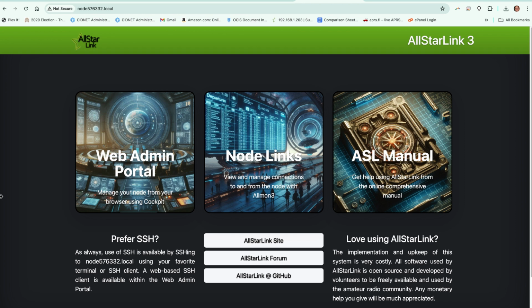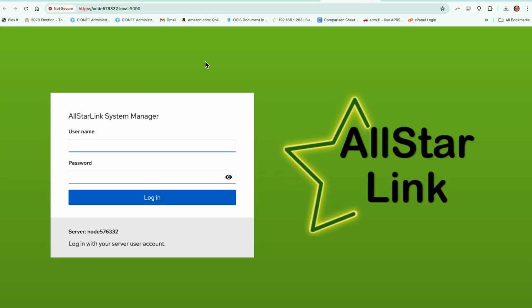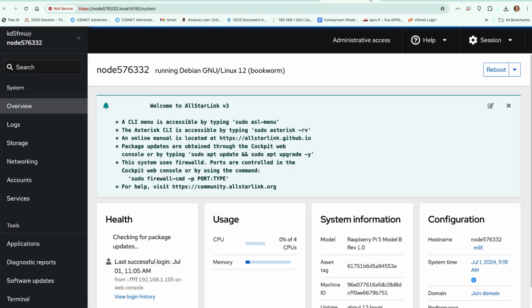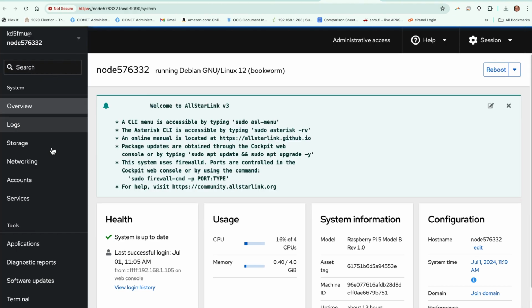Okay, this is how we do it. You go to your AllStarLink 3 landing page here, your local node. We're going to go through the web admin portal and get to the cockpit. But we've got to log in first. Now that we've logged in, we're going to make sure we have administrative access, and then we're going to go